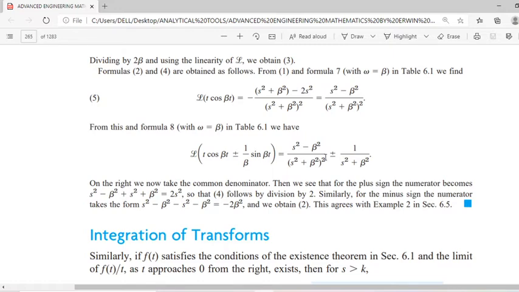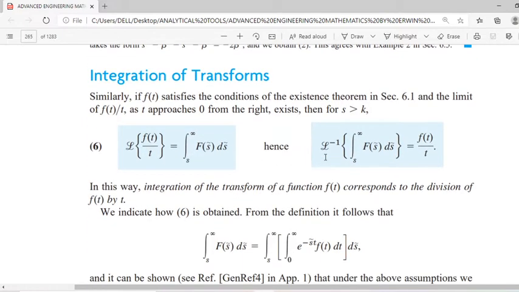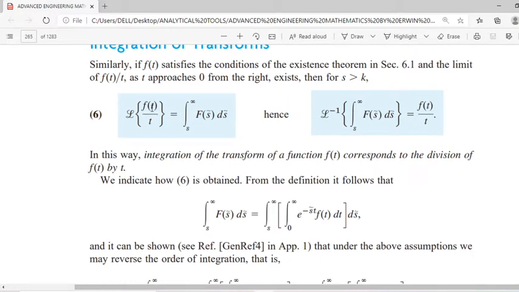So I think you got the idea of differentiation of Laplace transformation. You try to work out this problem. Next is integration of transformation. So what is that? L of f(t) by t is equal to integral s to infinity F(s tilde) d s tilde, and L inverse of integral s to infinity F(s tilde) d s tilde